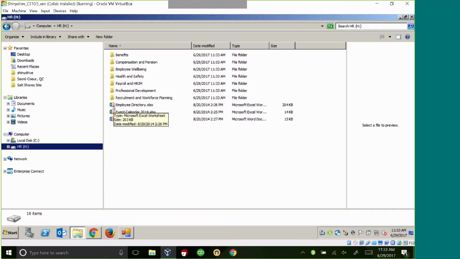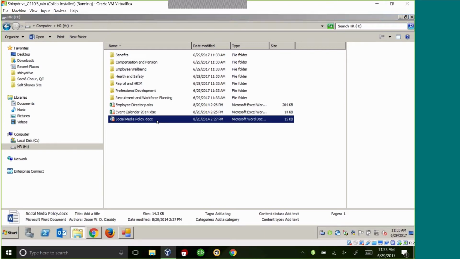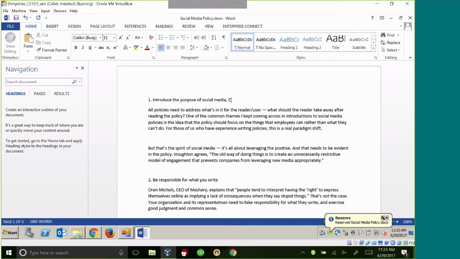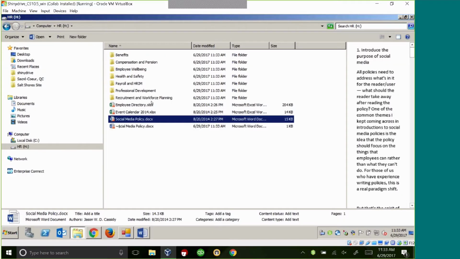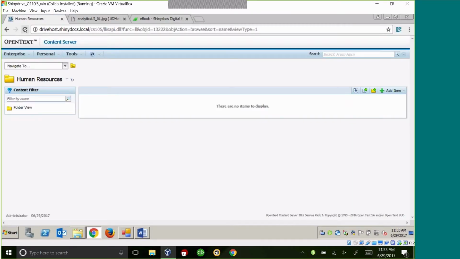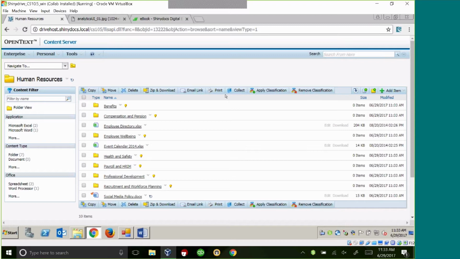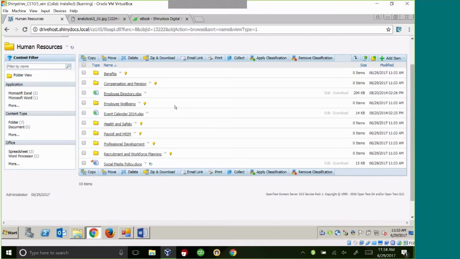Well, how do you migrate something into content server? Well, you start using it. You open it up, you make your change, you click save. I'm using the document. So just the fact that I've opened it up, just the fact that I've even previewed it within the Windows Explorer interface is enough for us to identify, hey, this is an important document from the end user perspective. Let's move it into content server for its ongoing maintenance and use. So this is a migration strategy that you can use that requires no downtime and no upfront migration. It just does it in real time on behalf of the users.